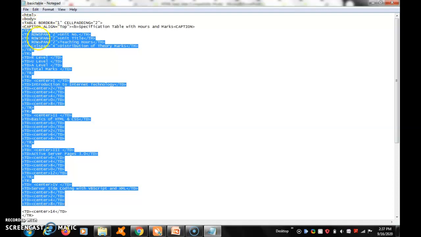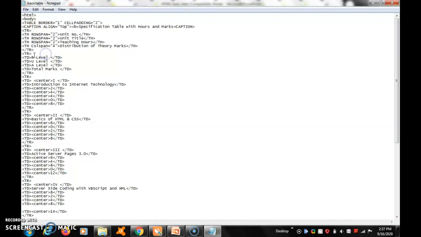Here TH. So here leave it. Here TH row span sizes, row span, unit number, unit title, teaching hours, and then distribution of theory marks. So it is in the first column, the table header. It is there in the output.